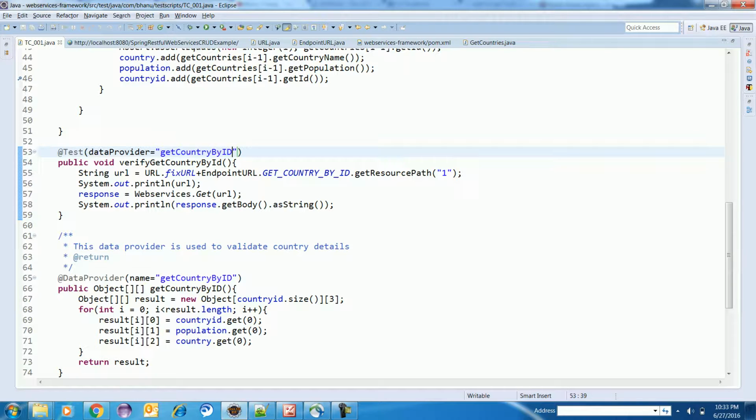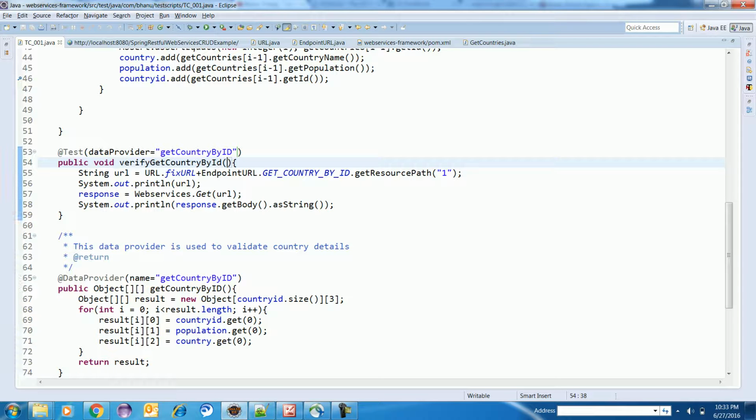Now what will happen, my data provider has three columns. I is equal to first row first column, first row second column, first row third column. Again this will repeat for every row. So this basically requires three arguments: country ID, population and country.